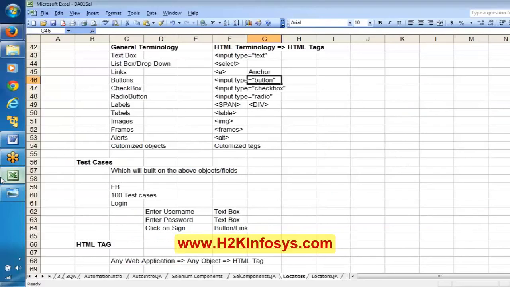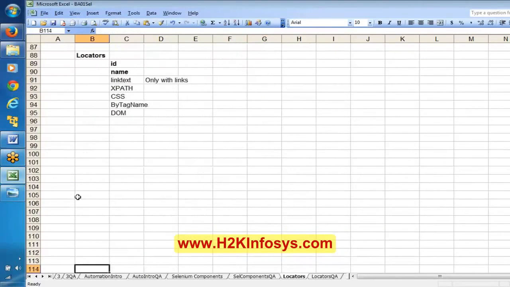Now apart from these locators, there is something called XPath and CSS. These things we will discuss in the coming classes. Generally, between these two, we use XPath. There is an exclusive session for XPath.